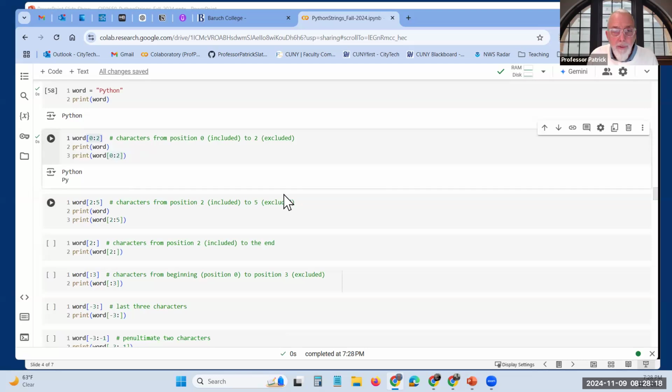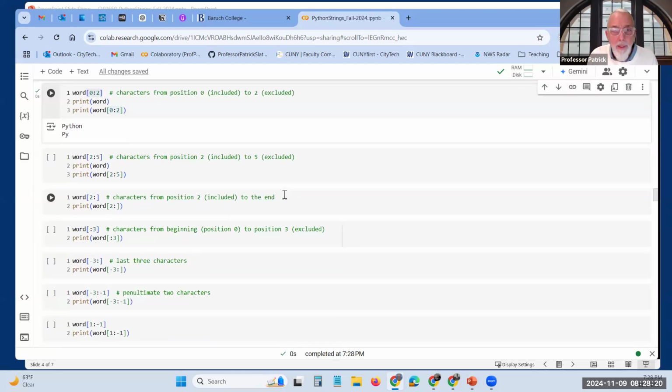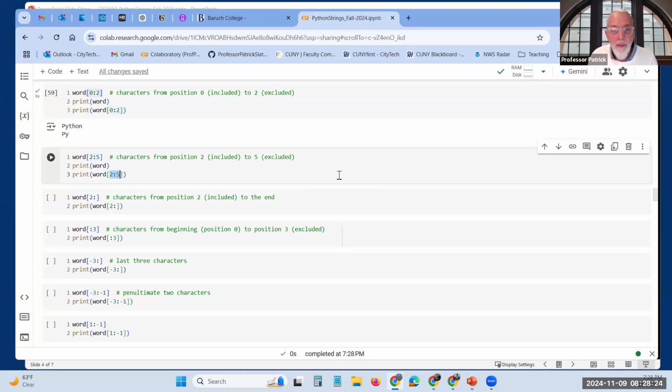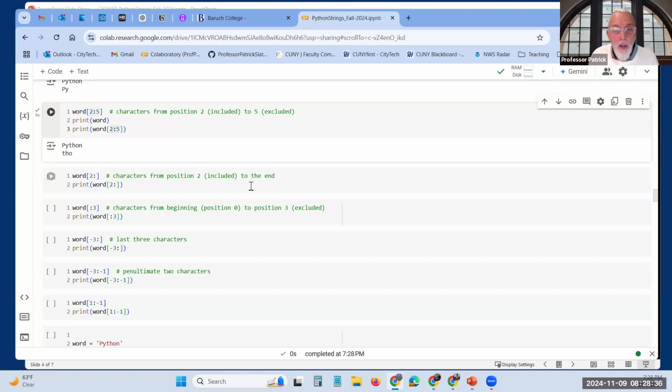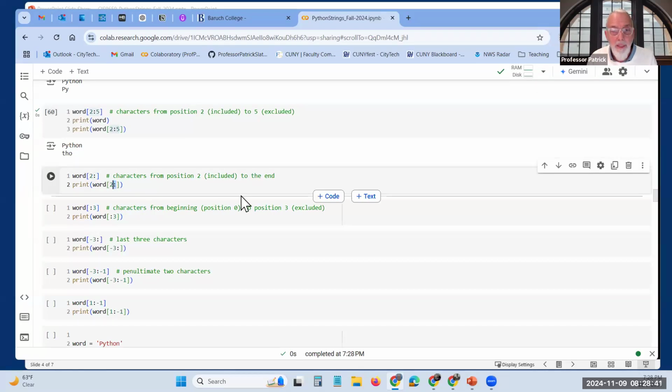So that gives us the values P and Y. We don't have to start at the very first element in the string. We can start at any index position we like, and we can go up to and including any other. If we want, we can leave the second value blank and just leave a colon there. We leave a colon there, it tells Python that we want to go from whatever starting index position we specified